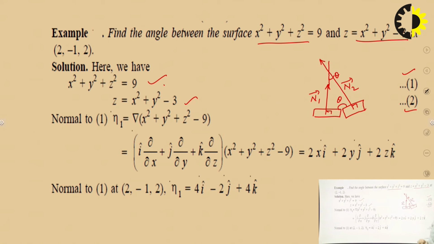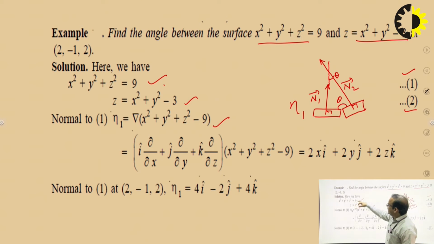Here we have used a notation in place of n1; you can say either small n1 or theta, whatever you want to note, but usually we take n for the normal. This is n1 and is given by